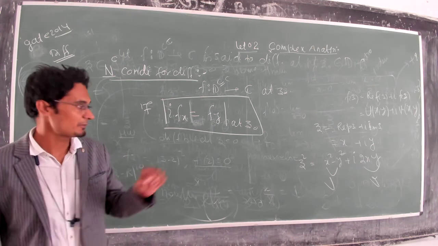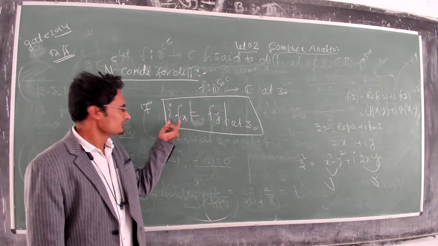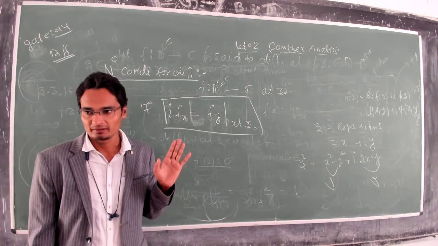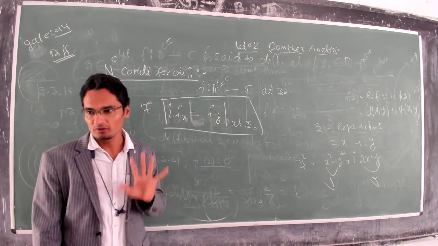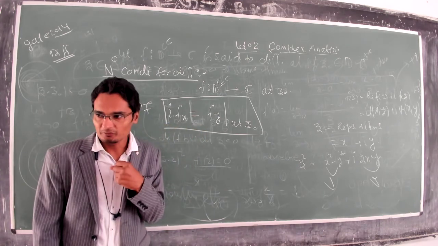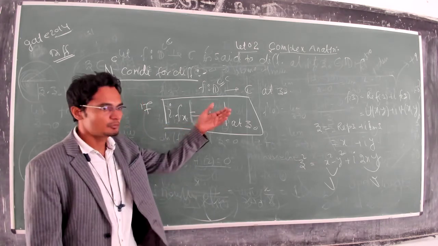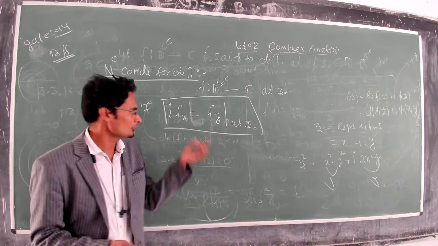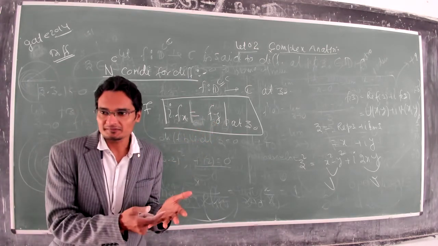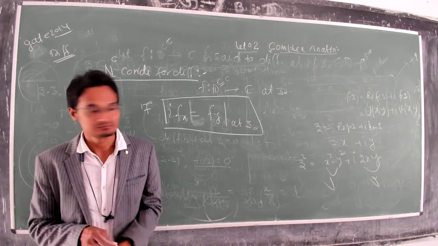Again, this is the last time I am telling. This is a necessary condition. If the function is differentiable, then it should hold. But if it holds, then we do not know. So that's why it is a necessary condition. Then what we do is check the set of points at which this is not satisfied. If it is not satisfied, we will say the function is not differentiable.